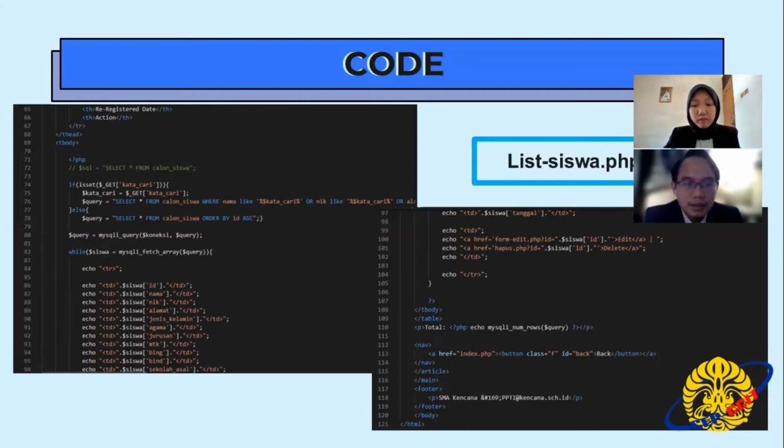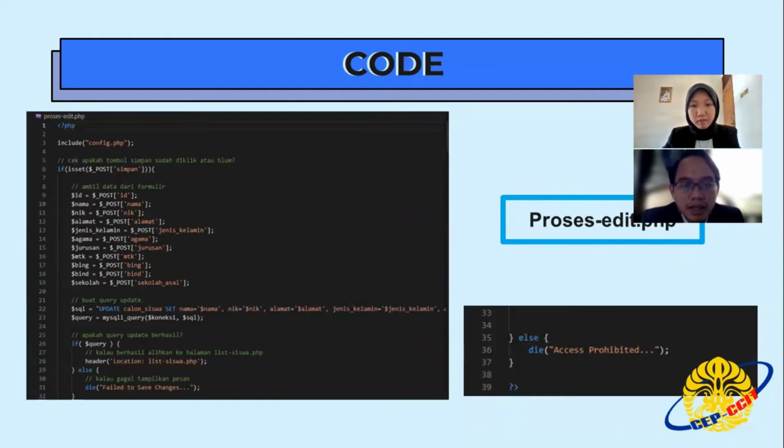Okay, next there is the process edit.php, which is the action of the edit form edit.php, with the same form as the list form, only here it is pure PHP coded to retrieve data from the database and then edit it.